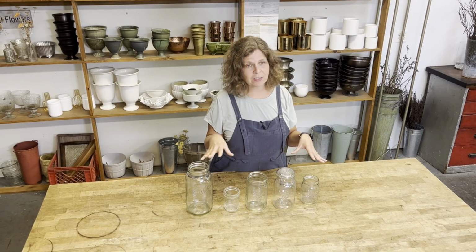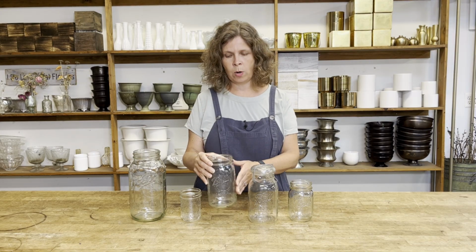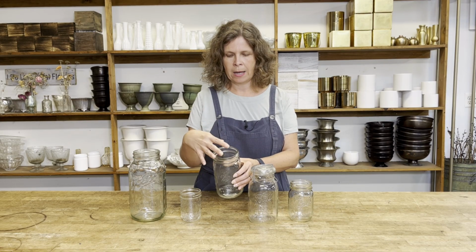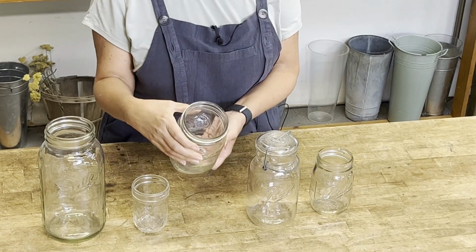There are lots of different sizes of mason jars. The ones that I use most frequently are pints and quarts. My favorite to use is a quart size mason jar with a wide mouth. This gives me a lot more flexibility, and it makes my arrangement feel a little more natural and a little more interesting. So in today's video, I'm going to show you how I use a quart size wide mouth mason jar to